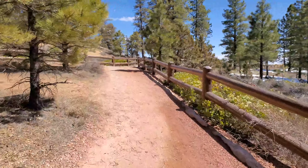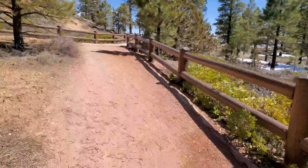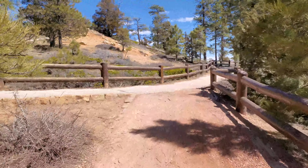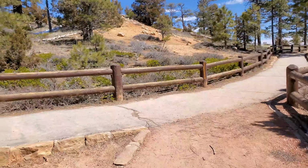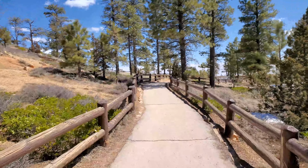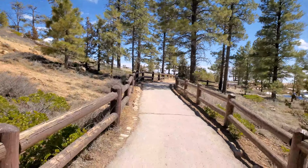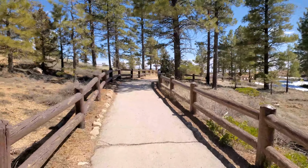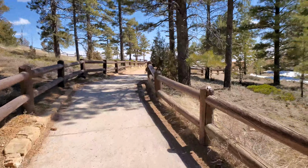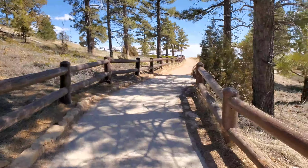And it was free to get in, which some parks charge and other national parks do not. Zion does charge, and Grand Canyon does charge, but Bryce and the Redwoods do not. So it is what it is. But they give me a map,